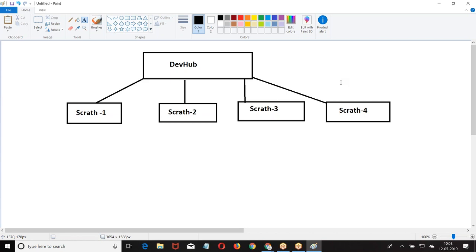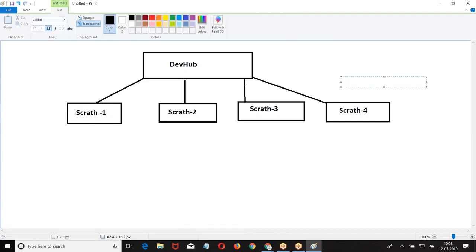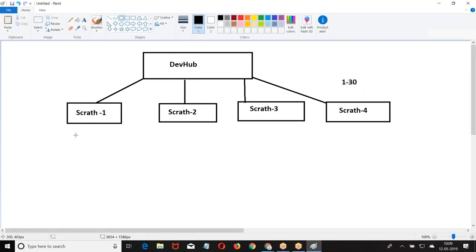What are these scratch orgs? They are temporary instances. A sandbox is a permanent instance. You create the sandbox, unless you delete it, it still remains. But scratch orgs are temporary. How long can they be there? At the time of creating a scratch org, it will ask you how many days you want. Minimum 1, maximum 30 days. After 30 days, it is automatically lost. So they are scratch orgs. Now, I will create scratch orgs and ask my developers to work on this.